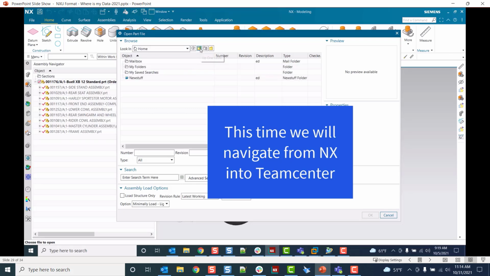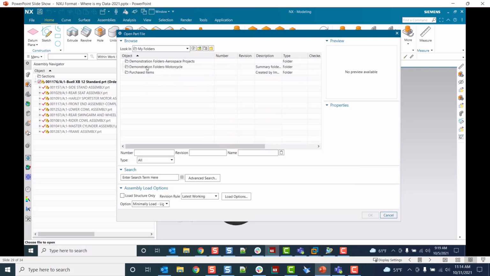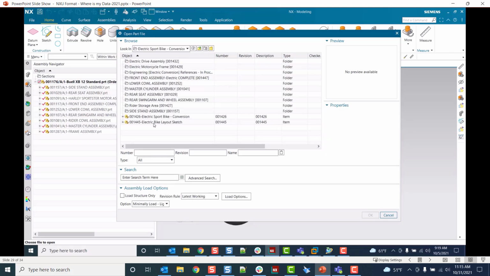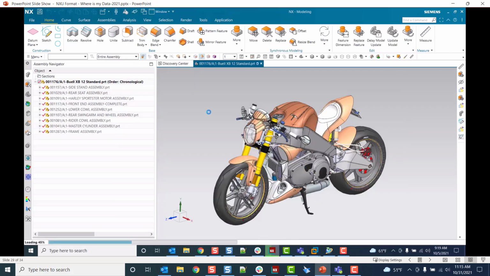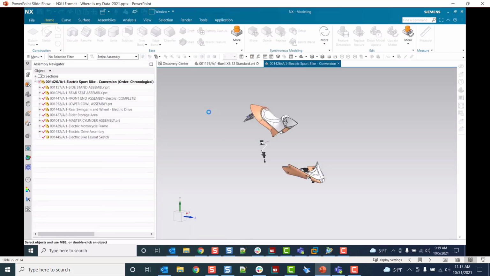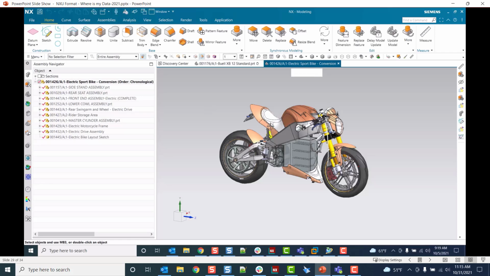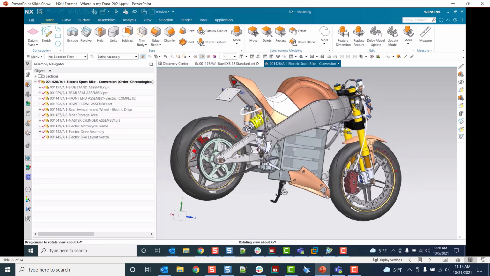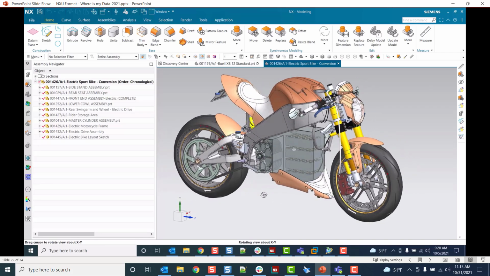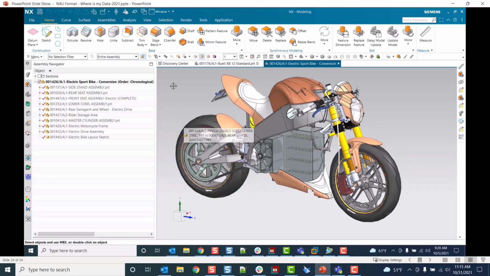And here, instead of going from Teamcenter to NX, this is NX into Teamcenter. Notice the folders make things easier to find, quicker. You can search for them, or you can go through and make it easier for you to find them in the next trip. So now we've taken our parent motorcycle, we've done a save as. It has a new item ID, new designations,